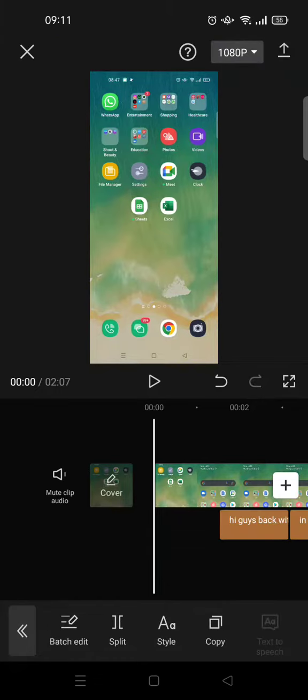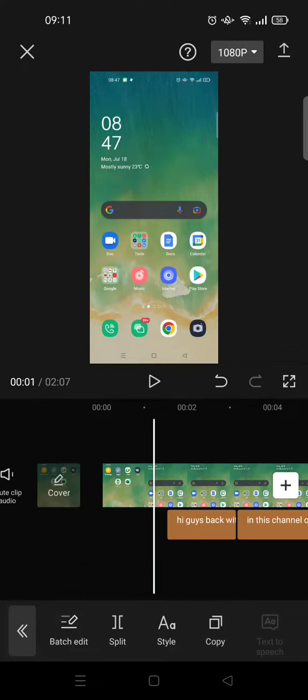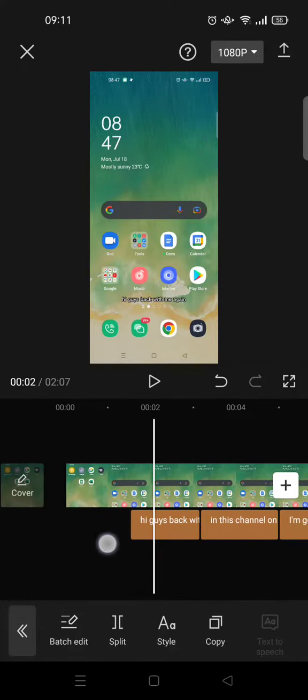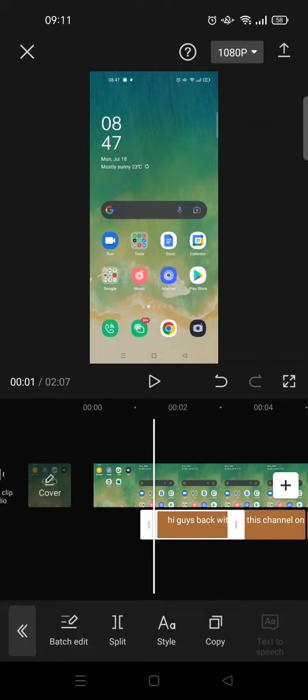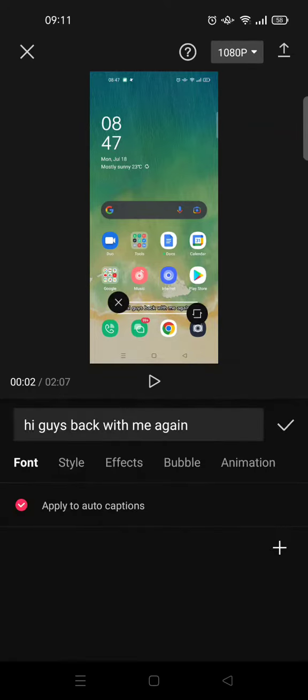Okay, so here as you guys can see, the transcription process is finished, and the subtitles will appear right here, and you can move it as you like, if you want to put it at the center, at the bottom, or as you like. And then you can also change the style by clicking on this, and you can change